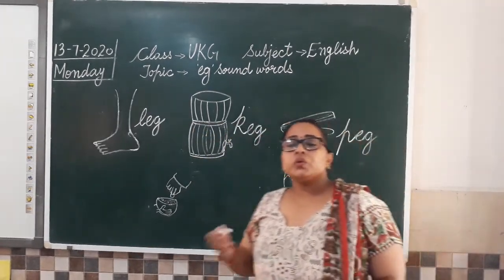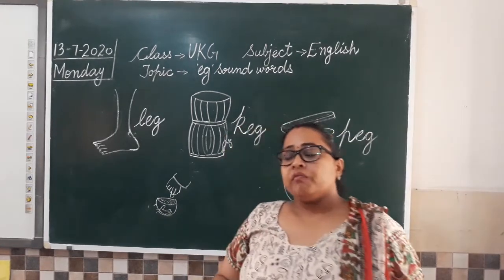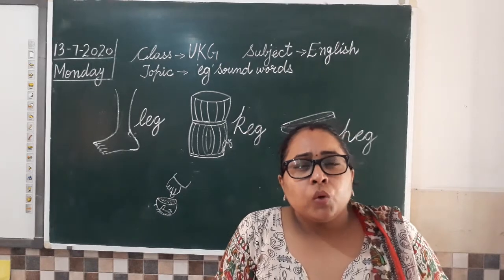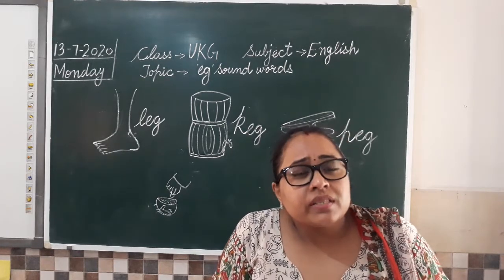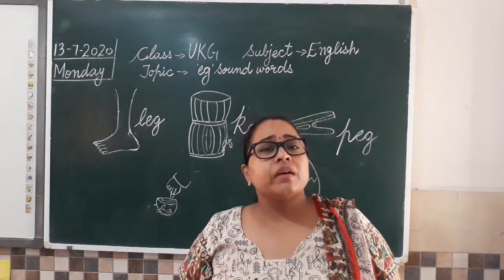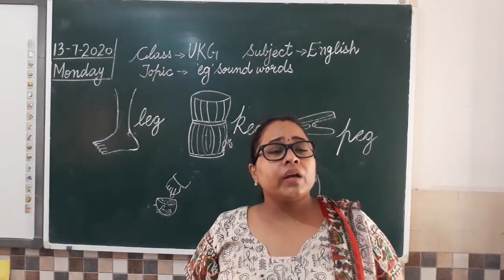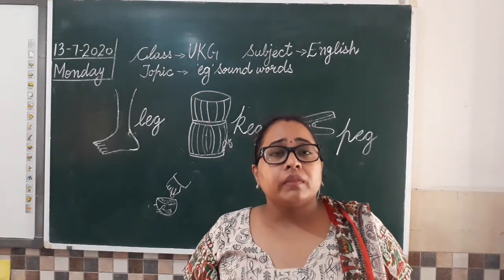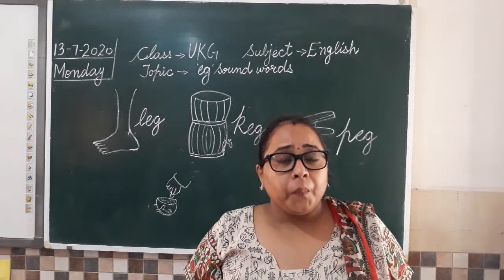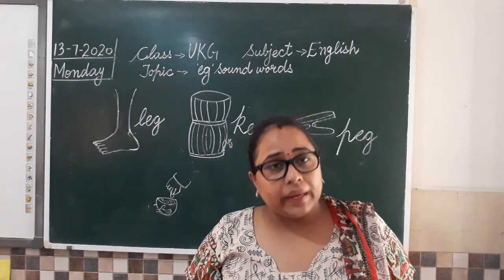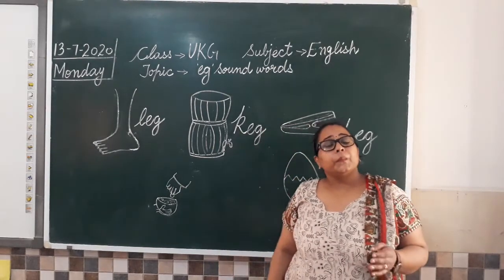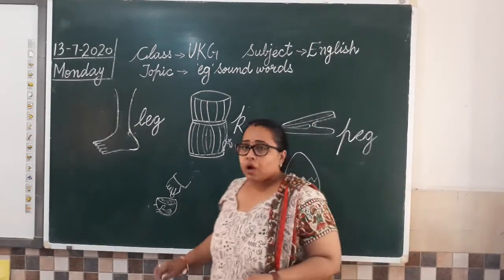Now moving to the other picture. Whenever we go to temple, हम मंदिर जाते हैं. Sometimes we find that there are some people who are not able to work. They sit outside the temple and they ask for food or some money. So what are they doing? वो क्या कर रहे हैं? They are begging. So what is it called? Beg. B, egg, beg. So how are we going to write?